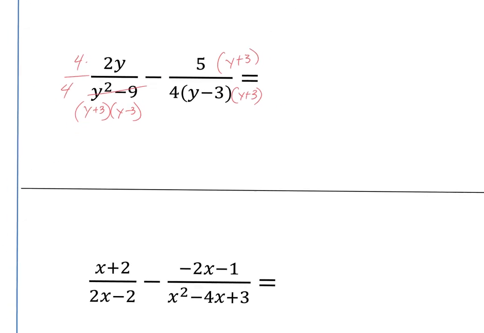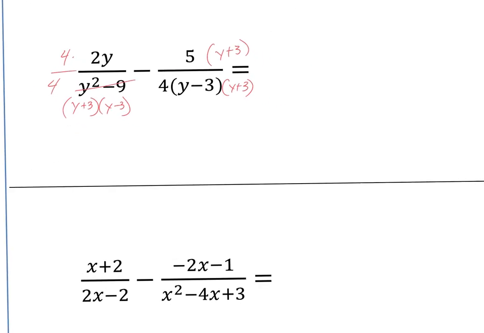When we do that, we already know what the common denominator is going to be, and we'll leave it in factored form: 4, y minus 3, y plus 3. And what do I get on top? Well, 4 times 2y, that's 8y, minus, again, we're going to distribute this, 5y